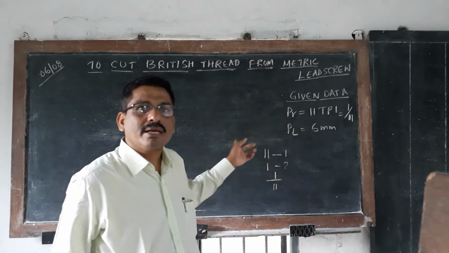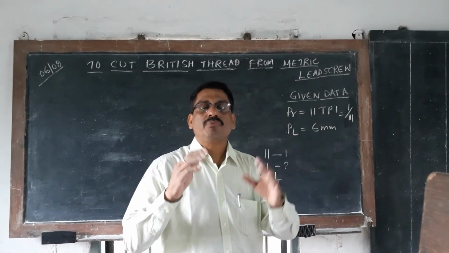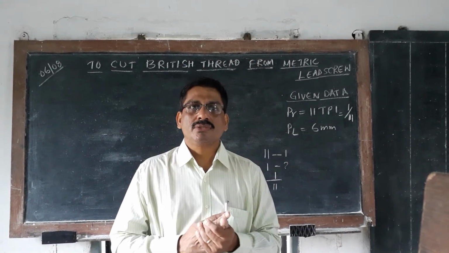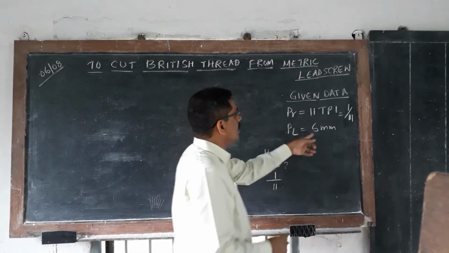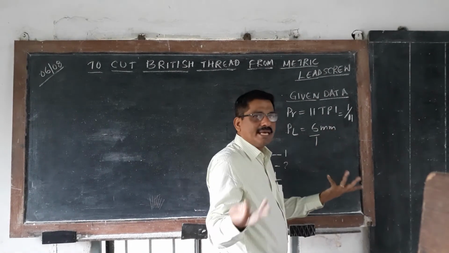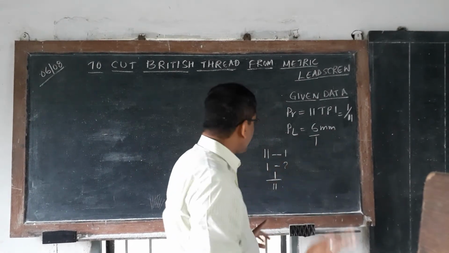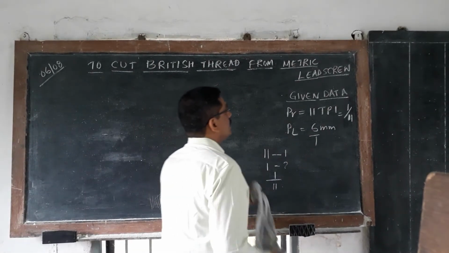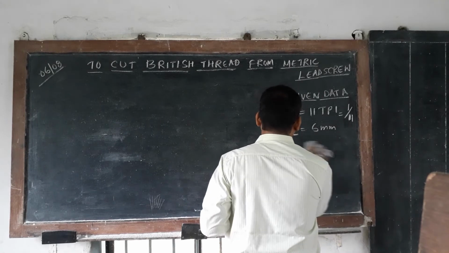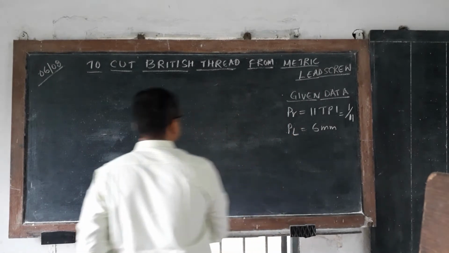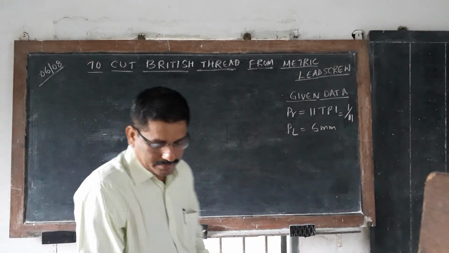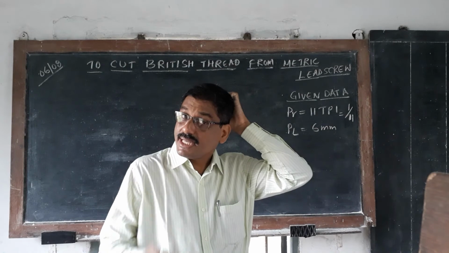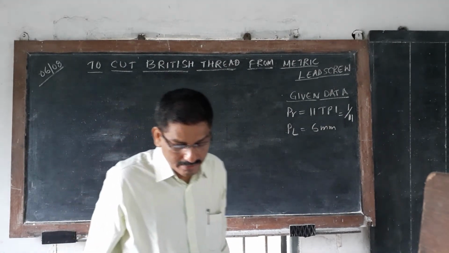In the calculation, some of you, when you do the cross multiplication, will be confused a little bit. That's why at that time you take 1 by 6. It is one and the same. So the pitch of the lead screw is 6 mm. Only this one example I will do. The remaining is there in your book, you copy from that.